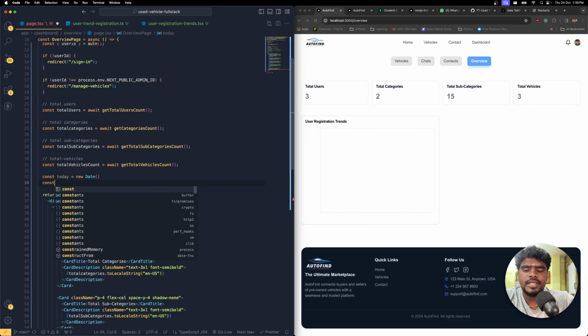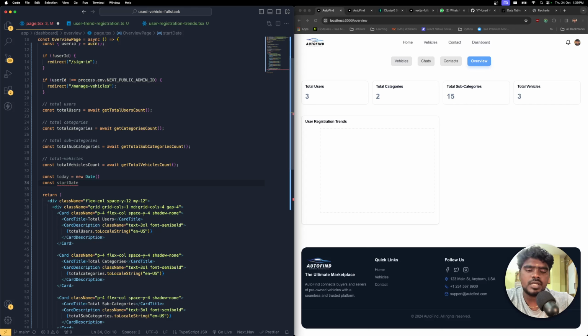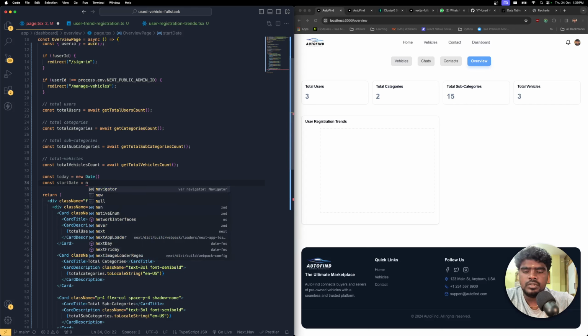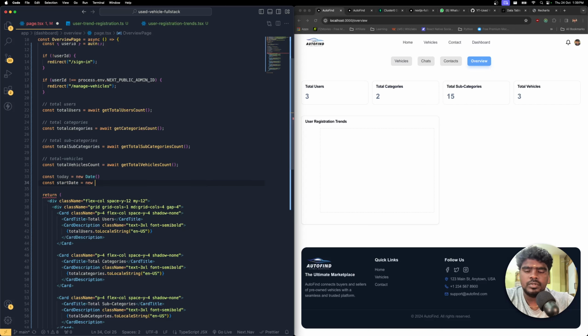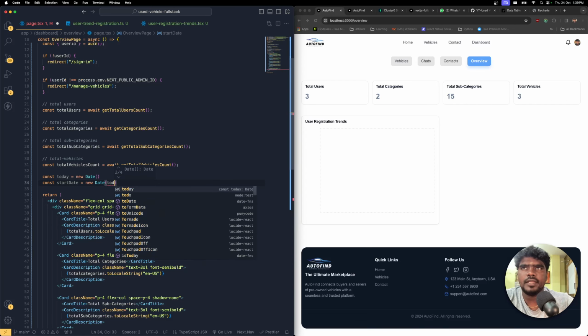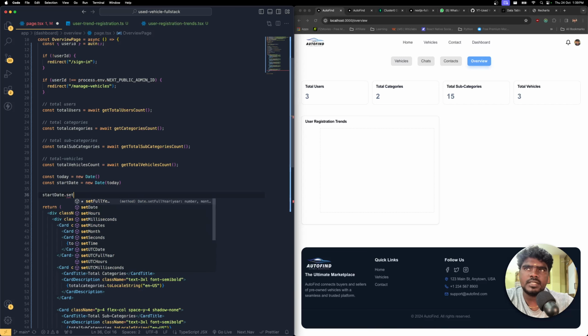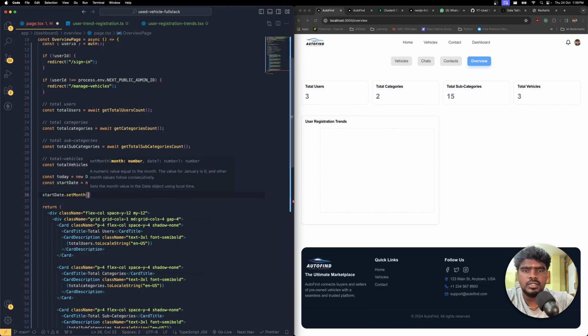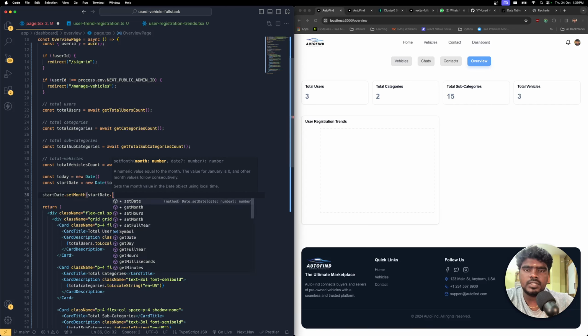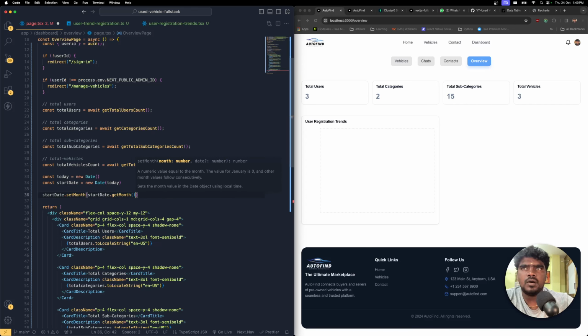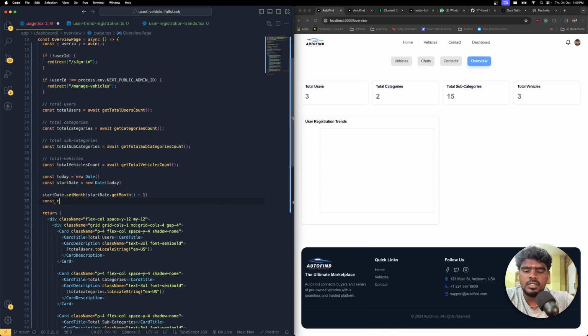Open it. Then I need to get the start date, where startDate equals new Date of today. Then for startDate, we need to calculate for the current month. So startDate.setMonth, which is going to be startDate.getMonth of -1. In that situation, it means it is going to be set to the first date of the month, right? And then const registration